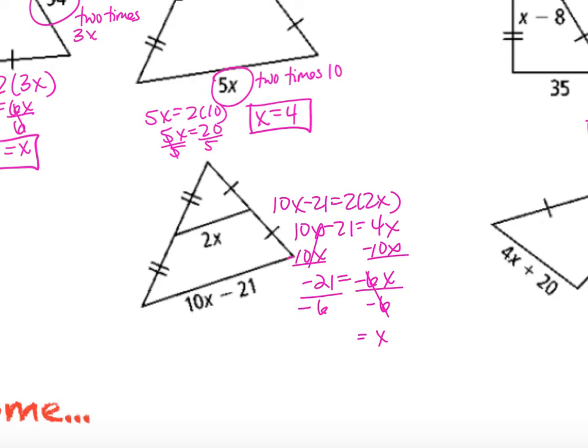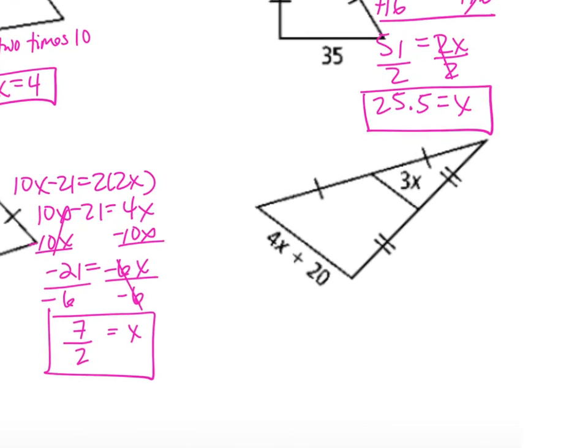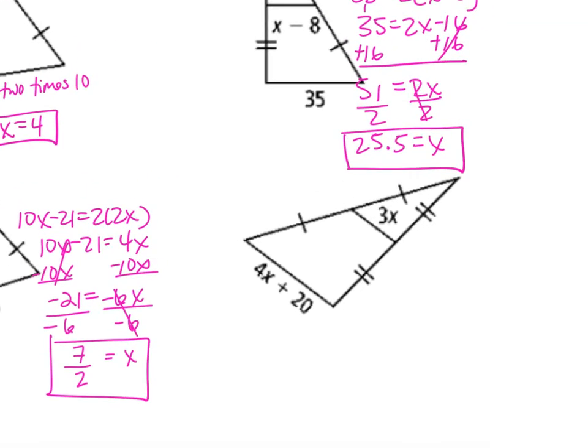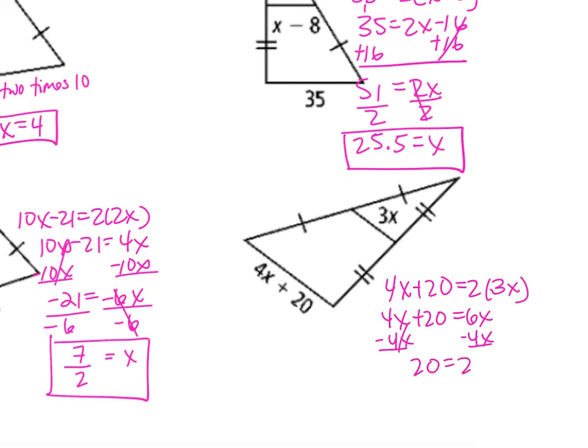So 3 can go into 21 7 times, and 3 can go into 6 2 times. And I'm just going to leave it as 7/2. And then the last example here, we can just say 4x plus 20 equals 2 times 3x. Subtract 4x from each side, and we get 10